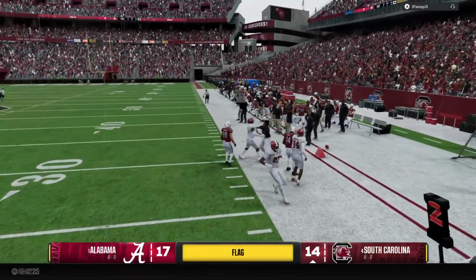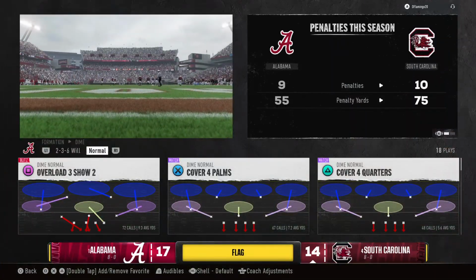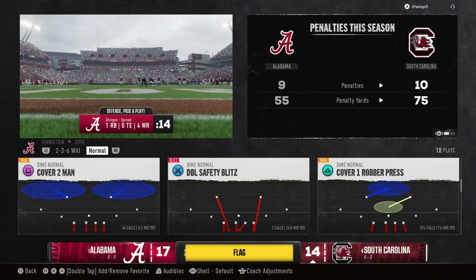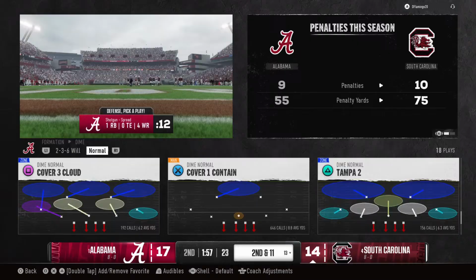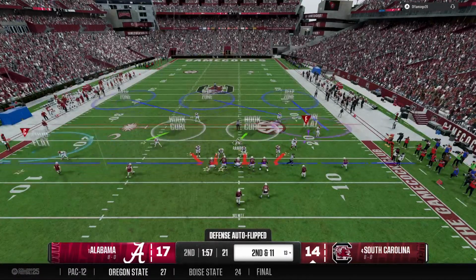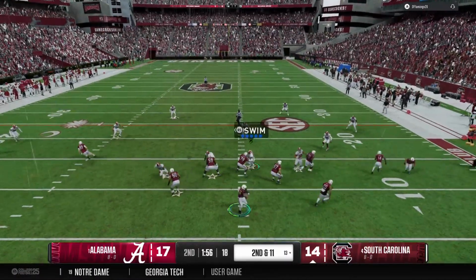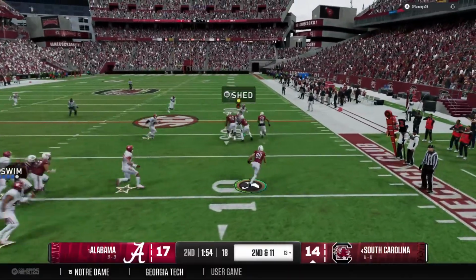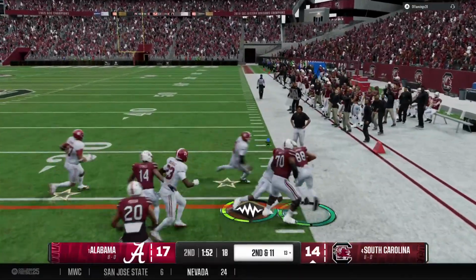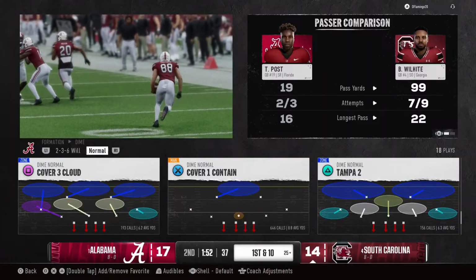Quarterback will throw this out of the RPO. Finally out of bounds after a solid game, but there is a flag on the field. So let's check this out. Second down play coming up. There's the snap. Quarterback setting up to throw. Receiver makes the catch. Heads out of bounds after a solid gain, more than enough to pick up a first